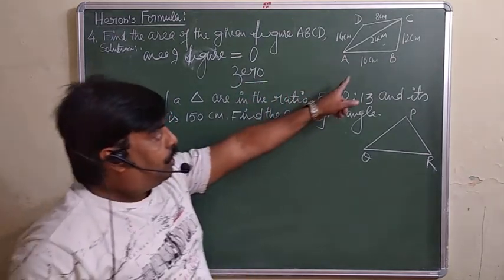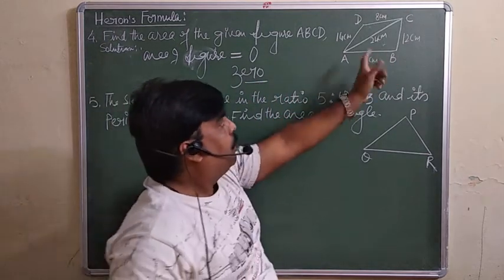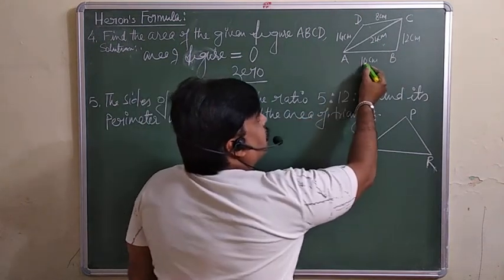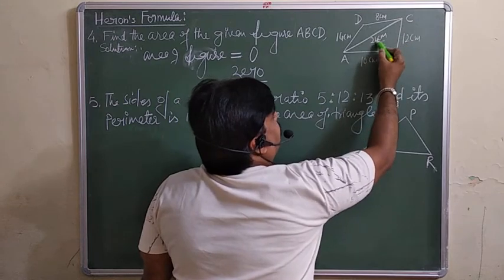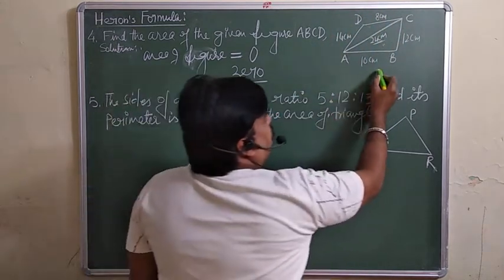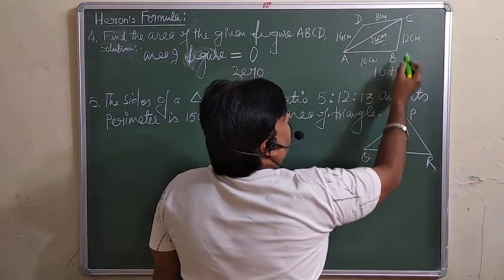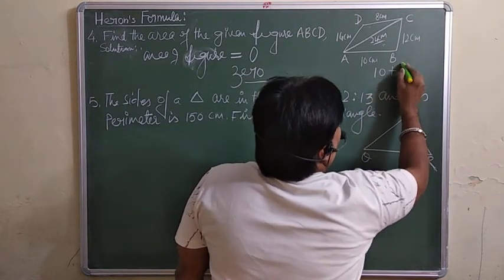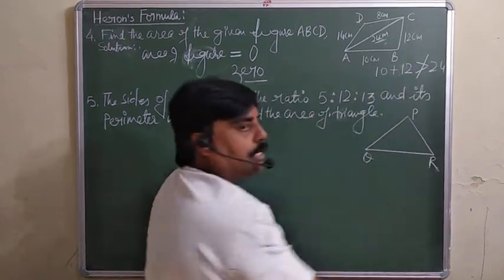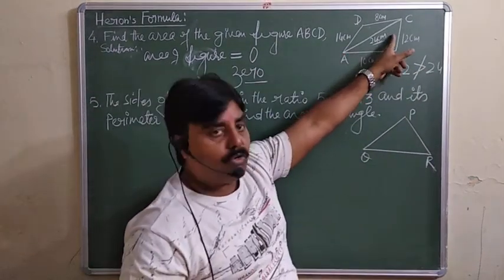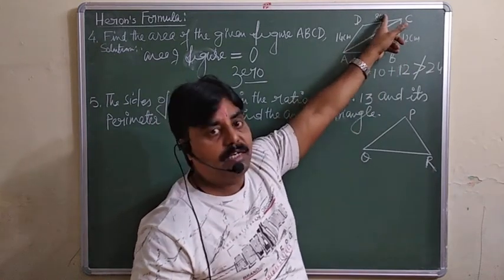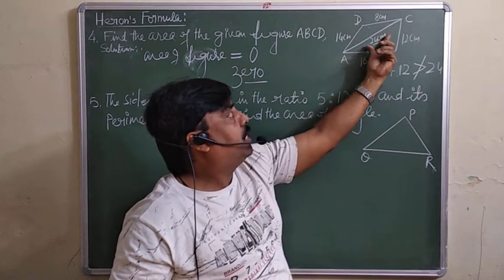See, why? How can you say the area will be 0? Because this figure is given in the form of a quadrilateral. Look at here now. Sum of these two sides is not greater than this one. It means this cannot be a quadrilateral. Because according to the condition, in any triangle, the sum of two sides must be greater than the third one, but this is not greater than the third one. It means this triangle is not going to form. Similarly here, this is also not going to form. So this is not a quadrilateral. So we cannot calculate the area of this triangle separately.